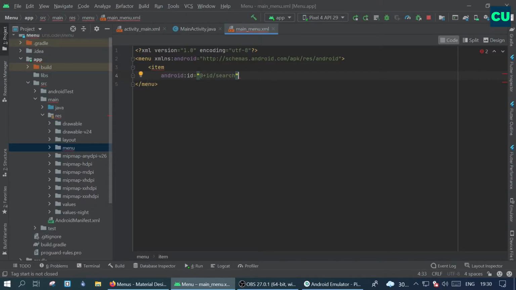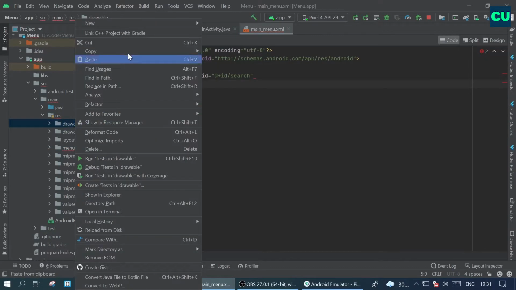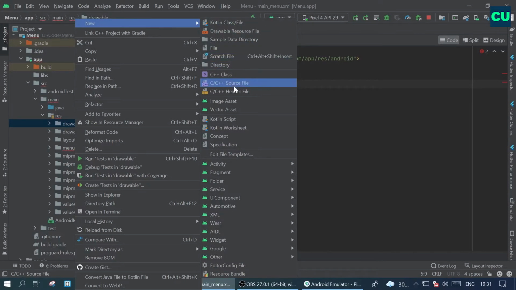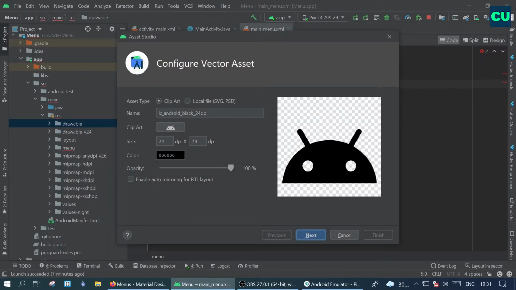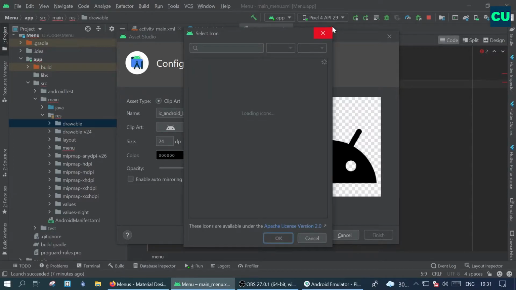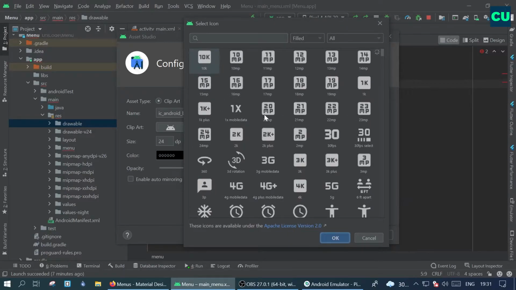The next attribute is the icon attribute. The icon attribute is used as a reference to the drawable for the menu icon. In order to give an icon here, first we need to have an icon for that menu. To create an icon, right-click on your drawable, click on new, navigate to vector asset, select the asset type as clip art, and then click on the clip art button. You'll see the predefined icons that Android Studio provides.